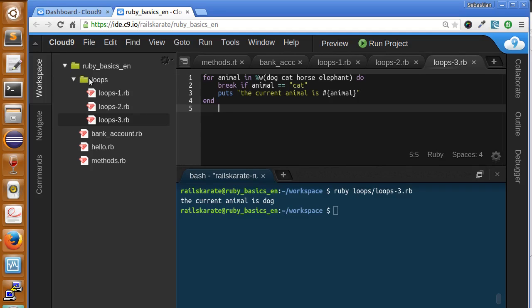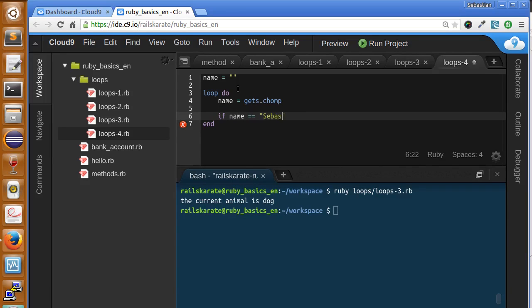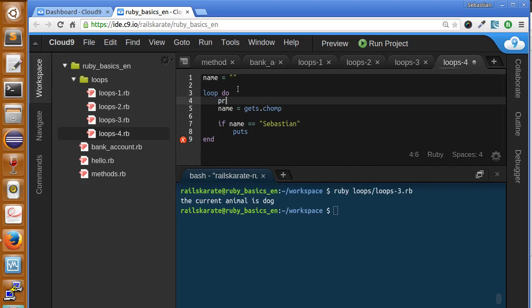Now let's create another file called loops4.rb, and we're going to learn another way of creating a loop. So let's create a variable. We're going to use the loop keyword, loop do, name equals gets.chomp. If. So let's make a conditional here. If name equals Sebastian, puts, well, for this, let's print